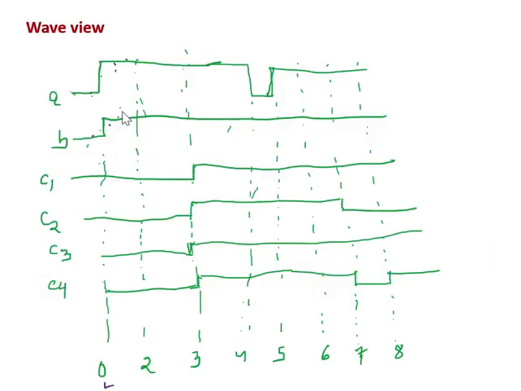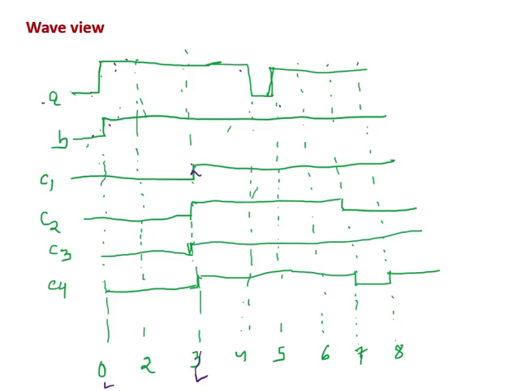So the output at C1 will go from 0 to 1, and the transition will happen at C1 after 3 nanoseconds. See, this is after 3 nanoseconds, so I will get this one. But what happens after 4 nanoseconds? See, after 4 nanoseconds there is a change, there is a transition from 1 to 0 at A.